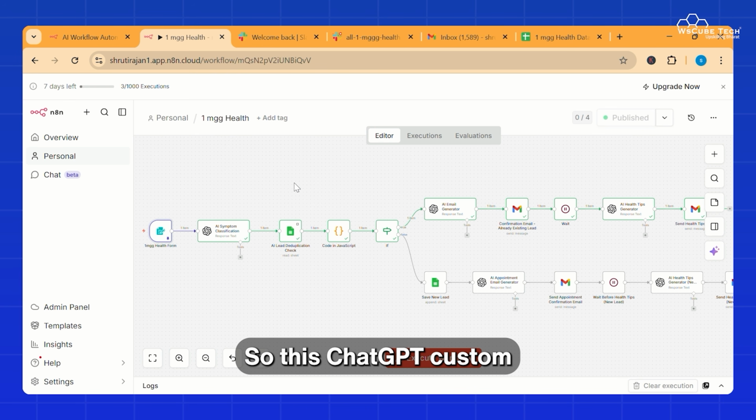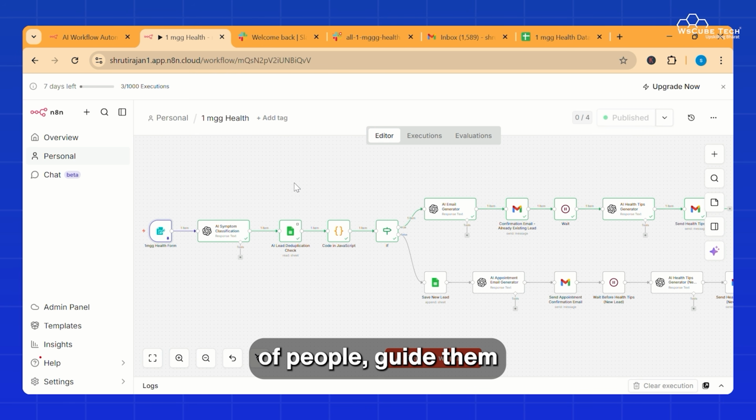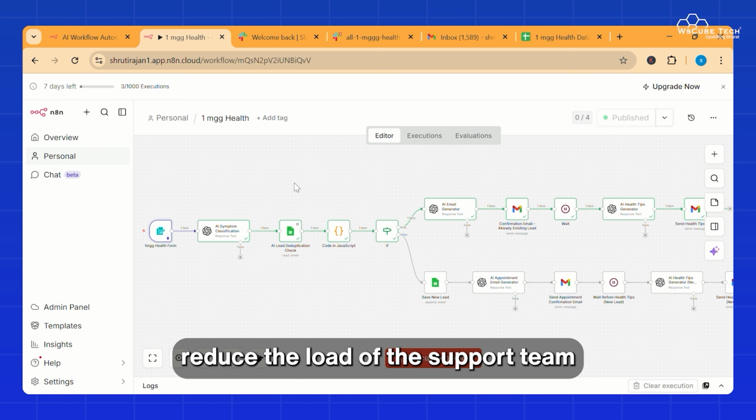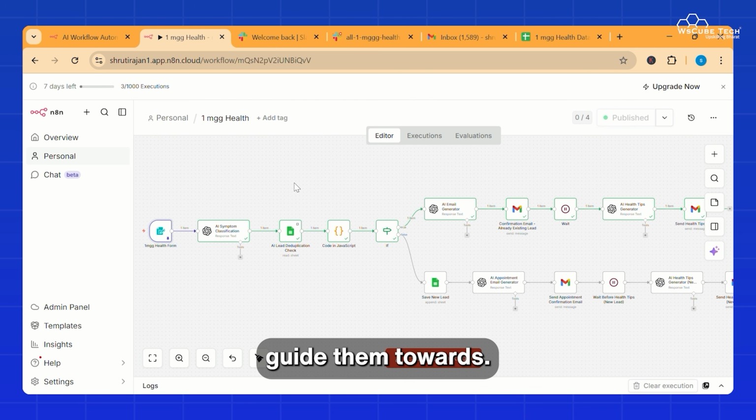So this custom ChatGPT will address people's issues, guide them, and reduce the load on the support team by addressing repetitive questions and guiding them towards the consultation form.